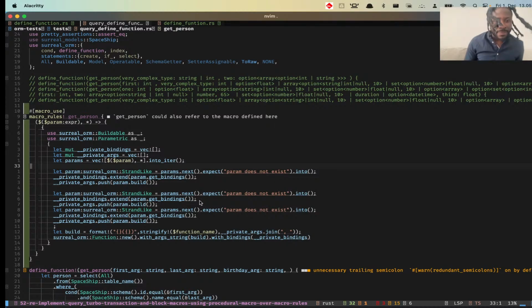It's looking promising. We get the first one, we bind it, we build it. We get the next one, we do the same. And once we're done, we don't need this last colon. When we're done, we have the private args and then